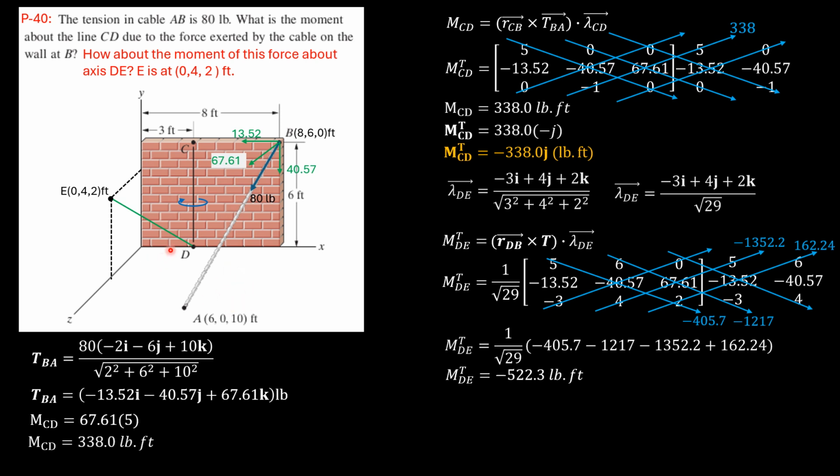Now, the reason why this is negative is, from this figure, obvious. You position your right thumb from D to E, so your right thumb is pointing in that direction. Your forefingers will curl in that direction. So this is the positive sense of moment, that way. So the curling of forefingers would be that way according to the right thumb rule. So that's the positive sense of moment. But the moment of the 80-pound force is in the opposite direction. So that's why the moment of the tension force about axis DE is a negative value, negative 522.3, and